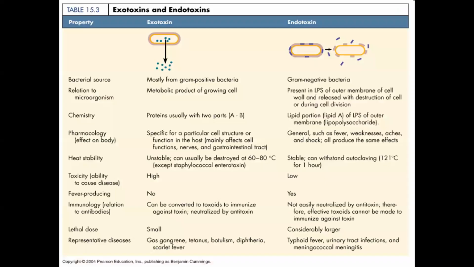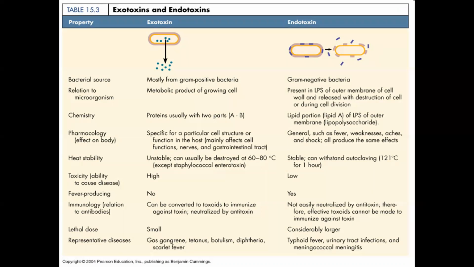So then you have, I love this chart. I mean, I love charts like this in the textbook. It gives you so much information, one single chart, exotoxin, endotoxin. Now I would say I'm not going to ask you a lot, right? You just need to know, obviously, gram-positive, gram-negative, right? One's a chemical that the bacteria produces. The other one is part of the bacteria's cell wall, right?